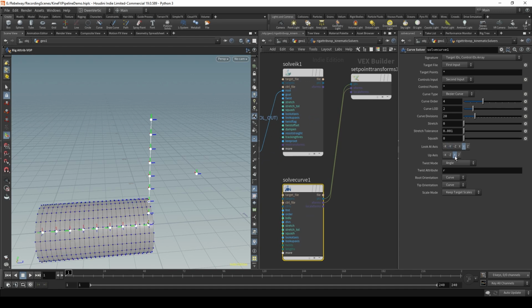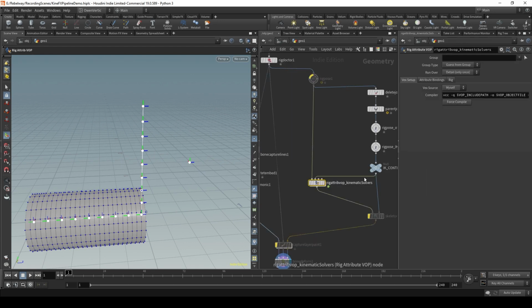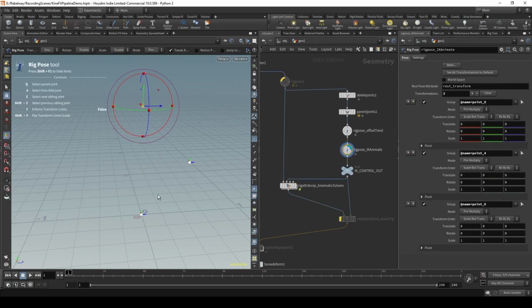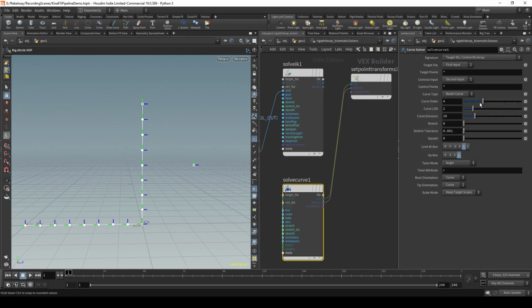So our Y up and Z positive. And we'll notice that our curve order currently is at 4, but our control points, we only have 3 of them. So there's a mismatch there, and if we just plop that down to 3, we can see that we build our Bezier curve, which we can change between polygon lines if we want, which gets kind of wonky for a curve solver. So Bezier curve or NURBS curve. I'm just going to leave it at Bezier curve,